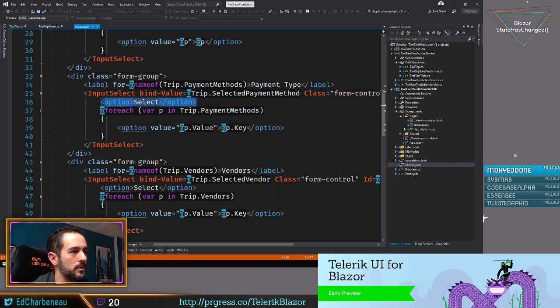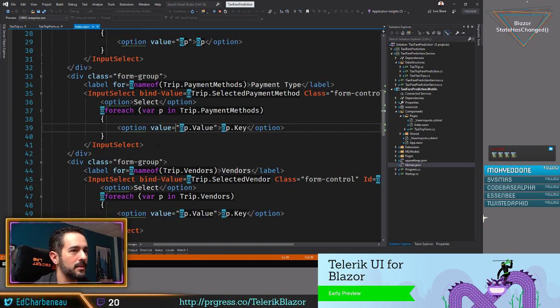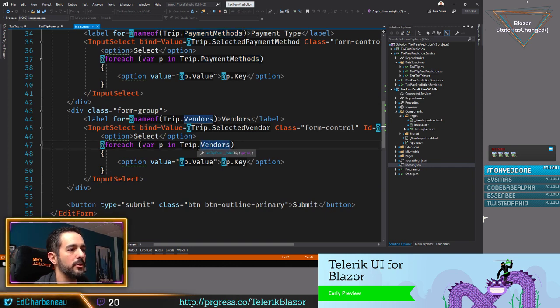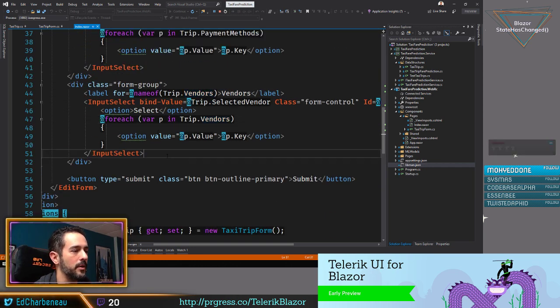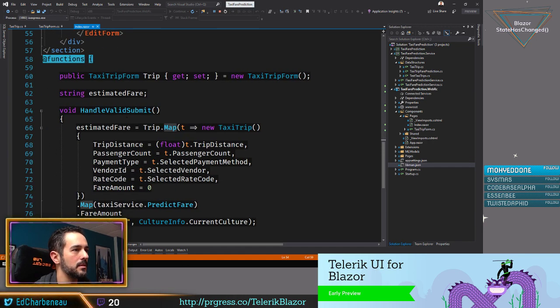Awesome. We're just getting ready to finish up this machine learning example. We're binding machine learning to a Razor components form. So we have a select list in here. We have some trip payments, and then you can see I'm doing the key value pairs. So the key value pairs get bound to that select list. So that's where things like cash and credit are being bound. The vendors, Mellow Cab, and so on are being bound. And then we have our submit button that causes the submit